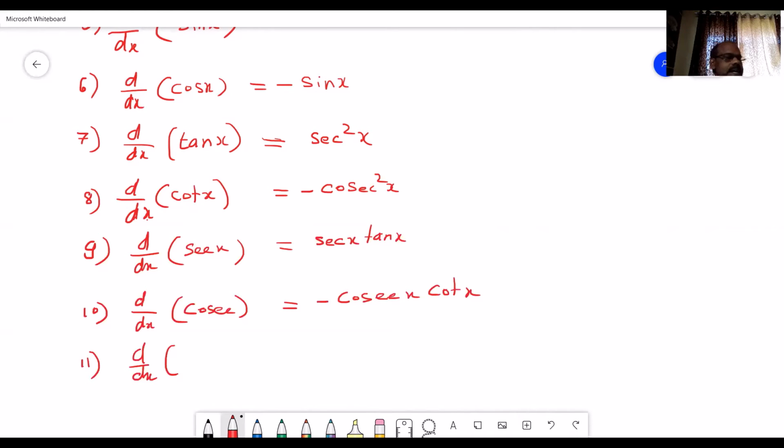First we will start with sin inverse x. So dy by dx of sin inverse x is equal to 1 divided by square root of 1 minus x square. In our differentiation, when you go to higher differentiation levels, sin inverse x will come. So if you know the formula, you can just replace sin inverse by 1 by square root of 1 minus x square.